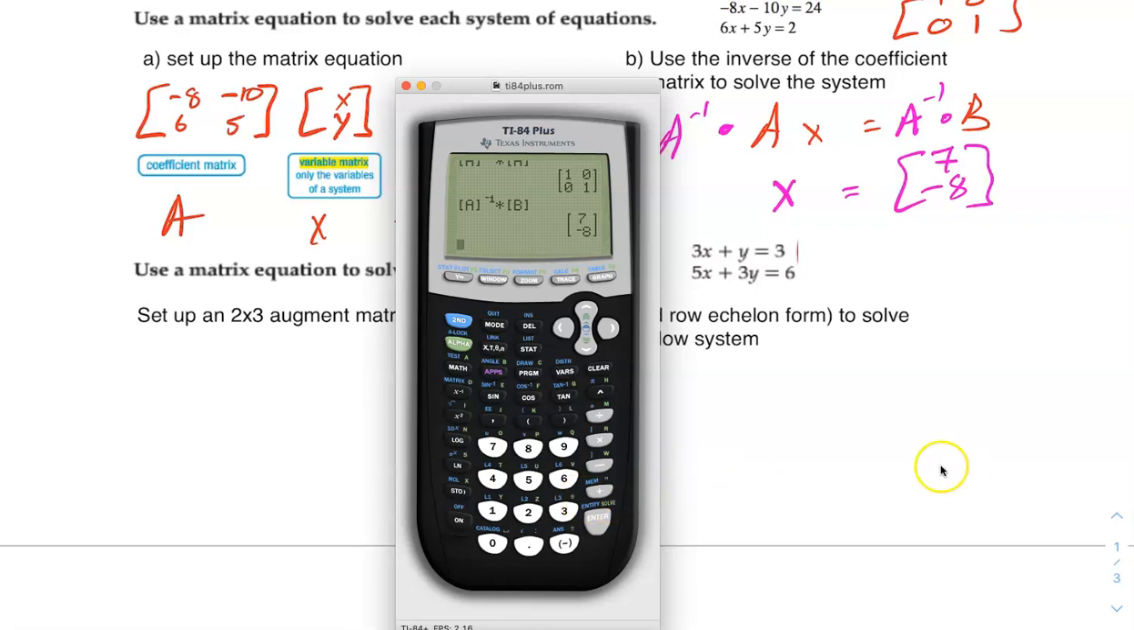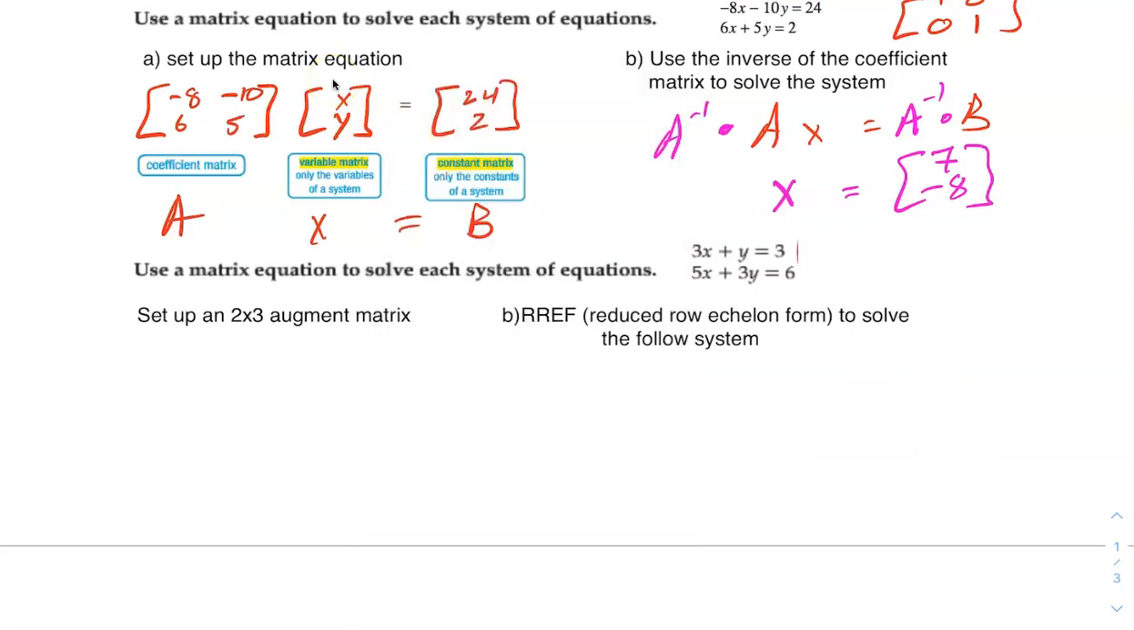Remember that equals X, but what does X equal? X equals just the matrix XY. So this is really just this. So we have our answer, 7, -8. So that's how you use a calculator to solve